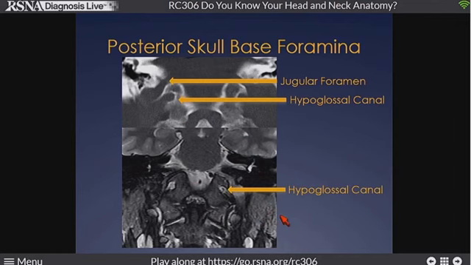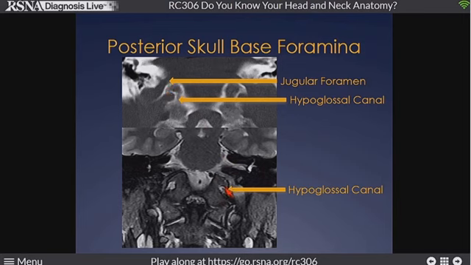In coronal, both CT and MR anatomy, again, we see the bird's beak, and it's very consistent. You can look for it on all of your imaging studies. Remember the jugular foramen above, the hypoglossal canal below. Anything that erodes the bird's beak from below arises within the hypoglossal canal. Anything that erodes the bird's head, eyes, and takes the beak off from the top comes from the jugular foramen.